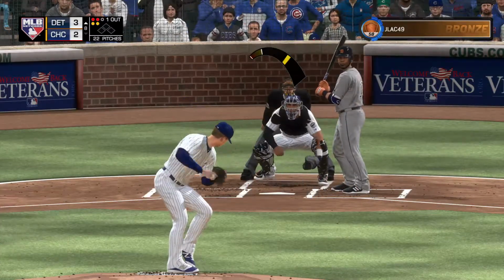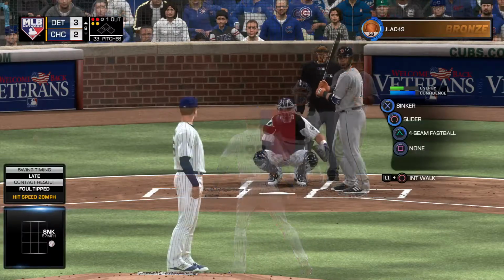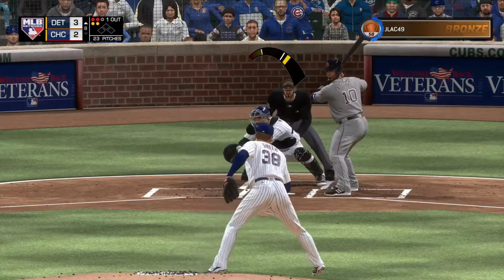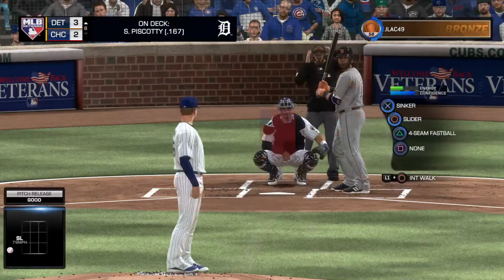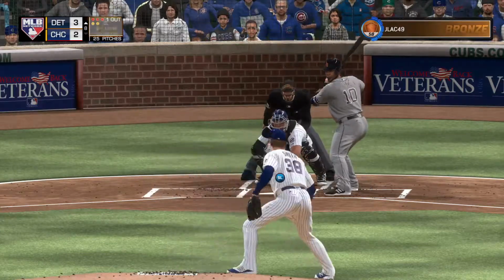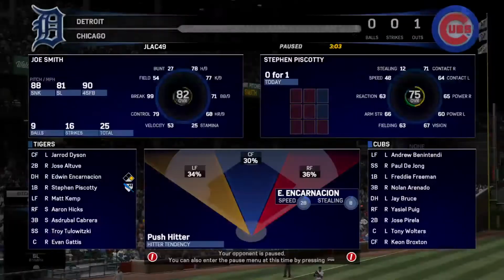Looked like he got fooled on the speed there. 2-2. Very weakly on the ground. That goes foul, so he stays alive with 2 strikes. Set to deal on 2-2. 3-2 now. Hits are even right now at 5 aside. And that's low, ball 4. Outfielder